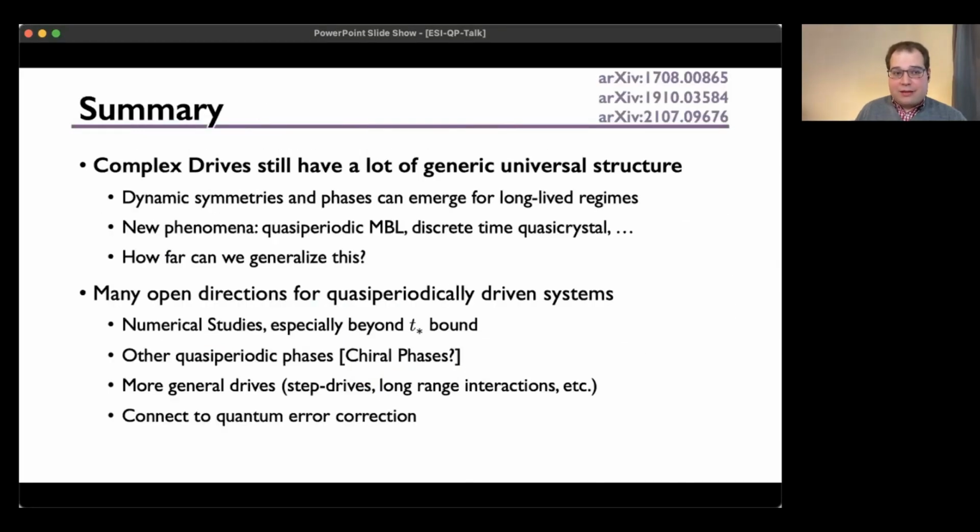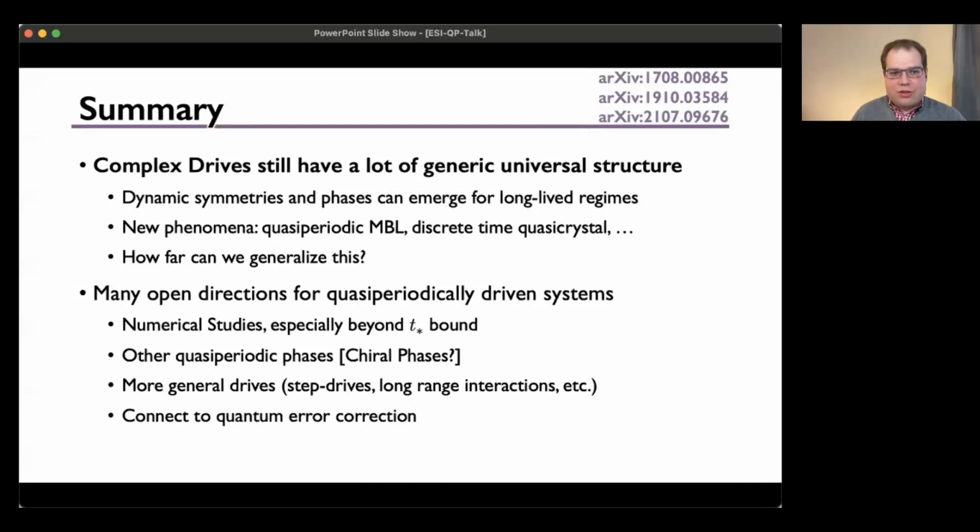So with that, let me summarize and give you the main takeaway message. The main takeaway message is that complicated drives still have a lot of universal generic structure. We started off with the idea that quasi-periodic drives, because they're incommensurate, will just heat, and that's the end of that story. But that's not true. And so these dynamic symmetries and phases that can emerge are really interesting, and we can ask the question, how far can we generalize this, and how far can we generalize the new phenomenon that we've seen? Can we add even more complicated drives? Can we even take away some constraints out of the drive and still have